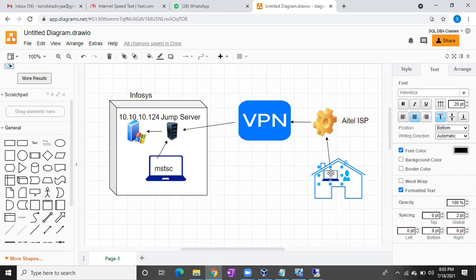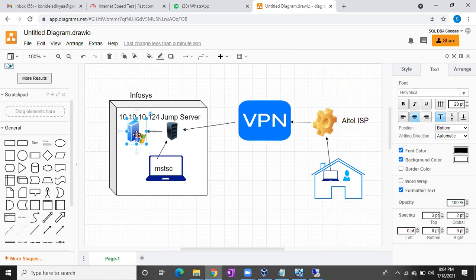So once you start doing work from home, immediately, the next second once you start your laptop, you have to connect to the VPN. Once you are connected to the VPN, only then can you connect to the servers. This is how the connection will go. First your laptop will be connected to the internet, then to the VPN, then the VPN will be connected to either the Jump server or you can directly connect to your Windows server.